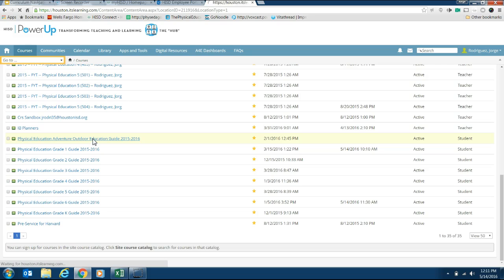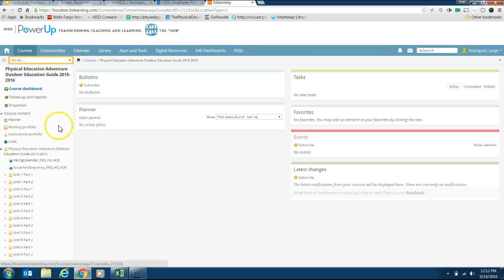So if I click on that, you'll see here on the left-hand side, I have access to all the different aspects of that course. And so here I have access to all the different documents on that course. I have the pacing calendar, the scope and sequence, and now you see here I have all the unit planning